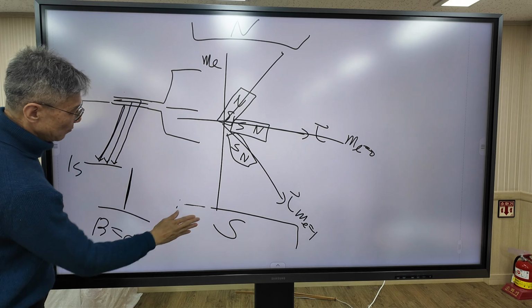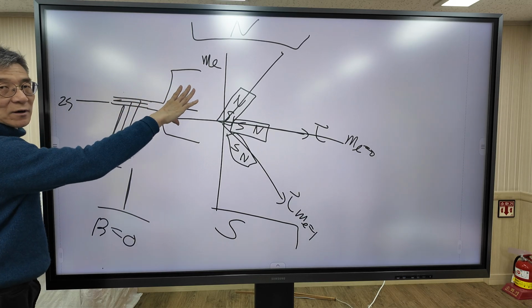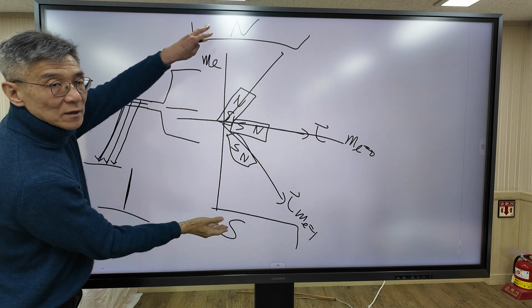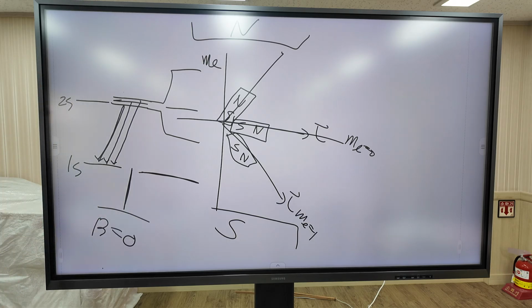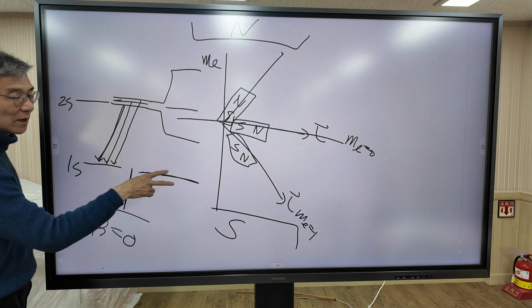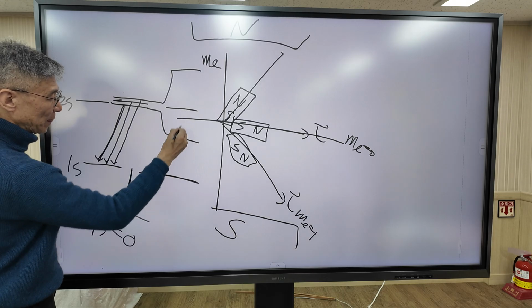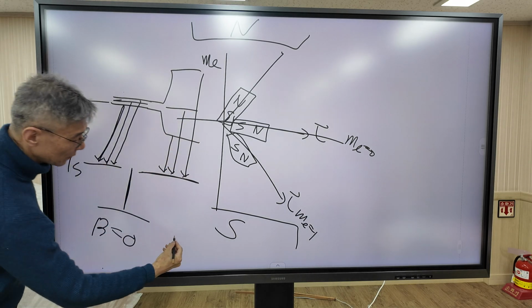But when the magnetic field is applied, the p orbitals are split into levels. What happens to the 1s orbital? The s orbital has no angular momentum, so the s orbital is not a magnet. So it does not respond to the magnetic field. The 1s orbital energy level does not change. It does not depend on the magnetic field. So we observe this peak, this peak, this peak when the magnetic field is applied.